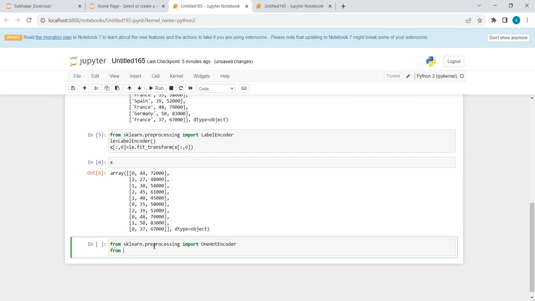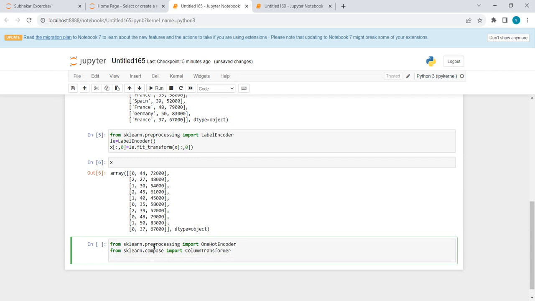There is one more library which we can use for the column transformer. So we can use from sklearn.compose import ColumnTransformer. For that we can use ct equal to